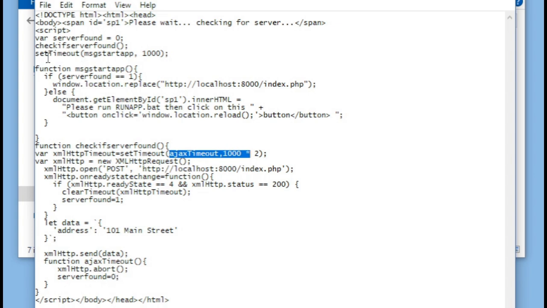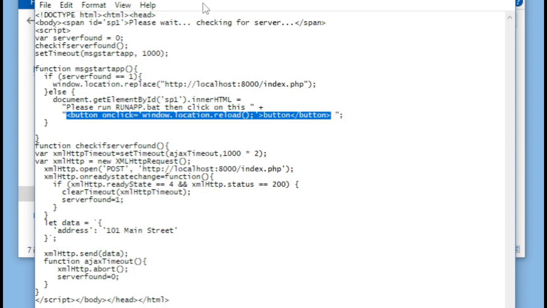After that, it comes across this line here, which sets the timeout to run this function here, called MSG start app, with a timeout of 1 second. So it pauses for 1 second and then runs this function, and then it checks the server found global variable. If it's 1, then it redirects to that URL, which is localhost port 8000. Otherwise, it displays this message, please run app.bat, then click on this,